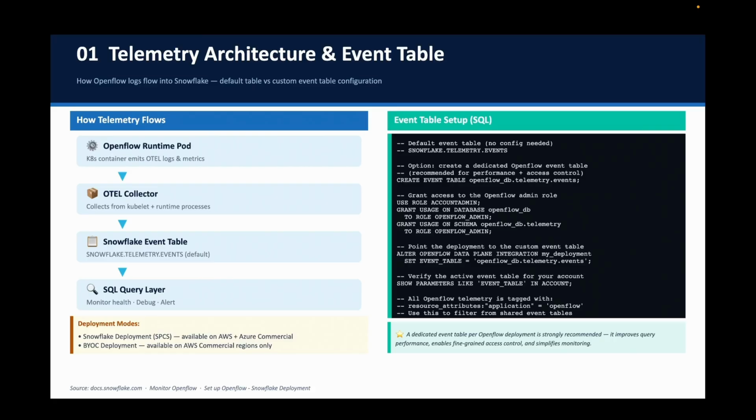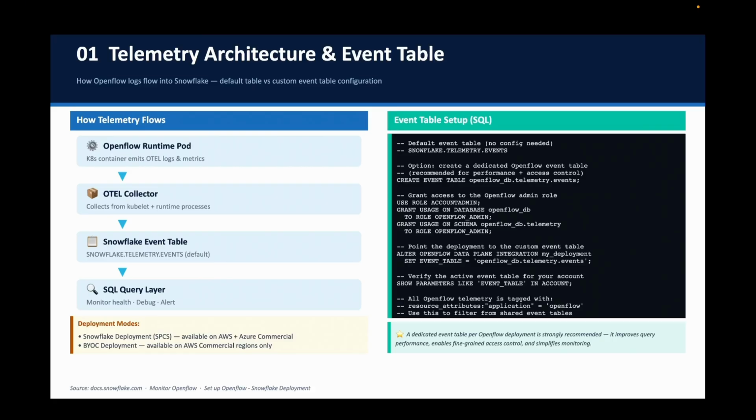On the right side, let us see event table setup. You have a default event table under Snowflake, telemetry, and events. But for Openflow, you can also customize your own events table. Let us see step by step. Event table setup. Default event table with no configuration needed. It is the snowflake.telemetry.events table. In the other option, a dedicated Openflow event table, which is generally recommended for performance plus access control,